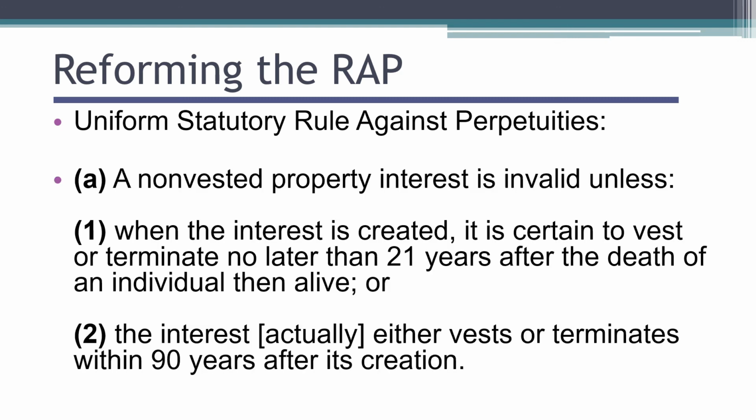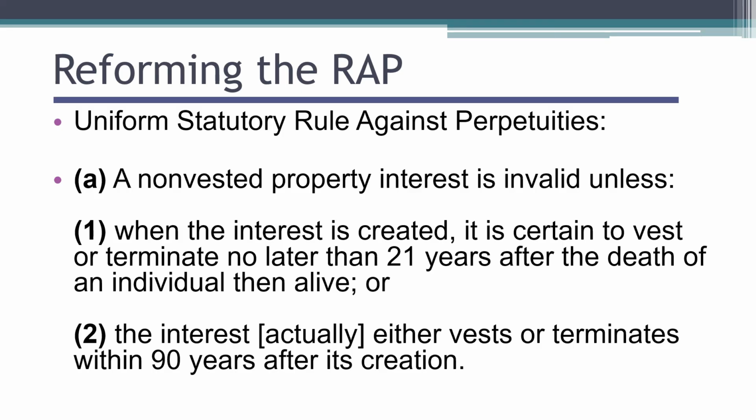What it says is this: a non-vested property interest, that's a remainder, contingent remainder, an executory interest or a class gift, is invalid unless, when the interest is created, it's certain to vest or terminate no later than 21 years after the death of an individual then alive. Let me pause right there and say that number one, that paragraph, is the statement of the common law rule against perpetuities. So the statutory rule, in a way, preserves and continues to apply the common law rule, but